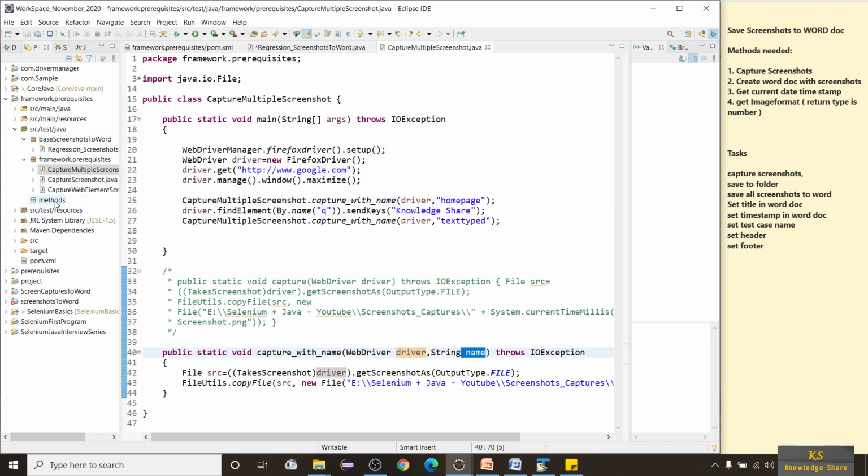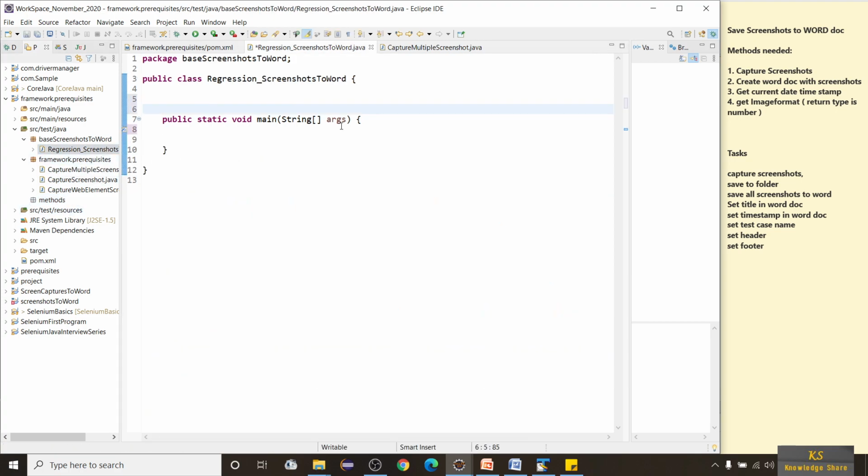In the same way we are going to do that here as well, so that all the names are captured and put in an array, and then pass all these names into the Word. Pass names of screenshots to array, pass an array as argument to Word method. So Word method in the sense this method.